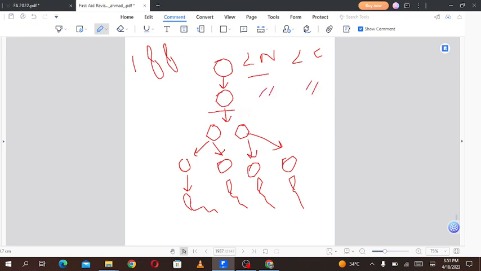Now there will be meiosis 1. After meiosis 1, the cells which are formed are called secondary spermatocytes. Now these secondary spermatocytes are